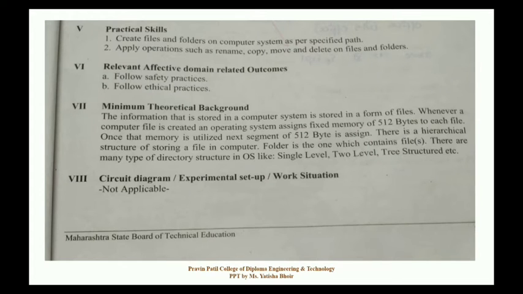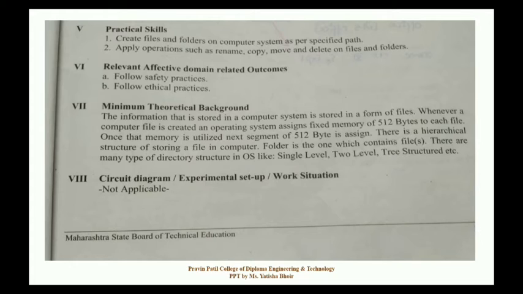Now, in the minimal theoretical background, the information that is stored in the computer system is stored in the form of files. Whenever a computer file is created, the operating system assigns a fixed memory of 512 bytes to each file. That means when you create any file in the computer, the operating system will allocate a space of 512 bytes to that file.